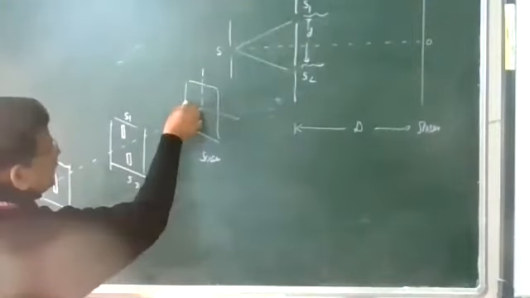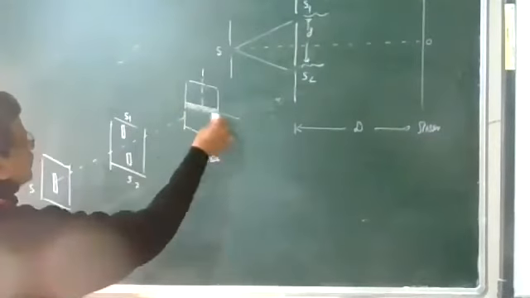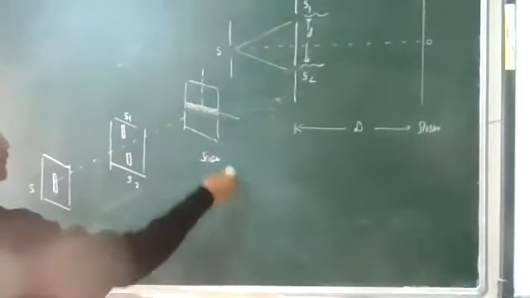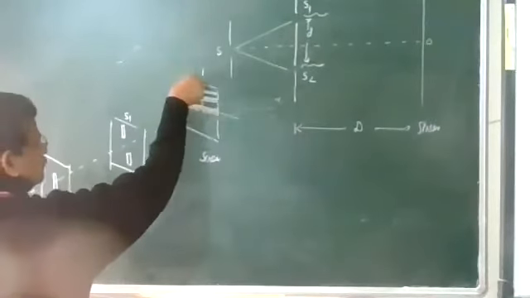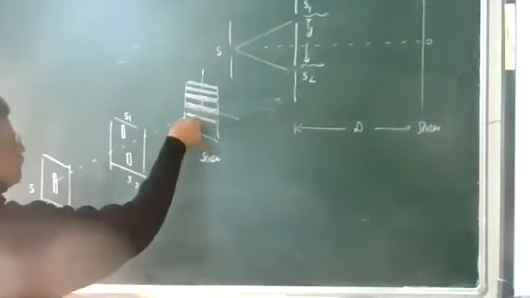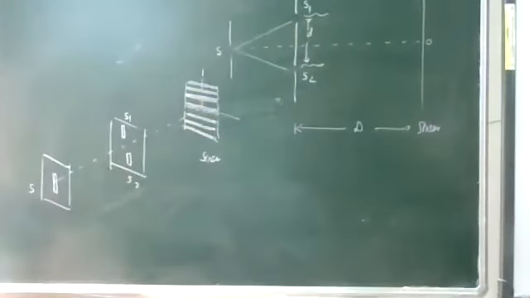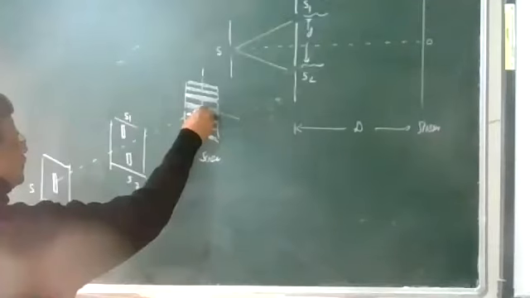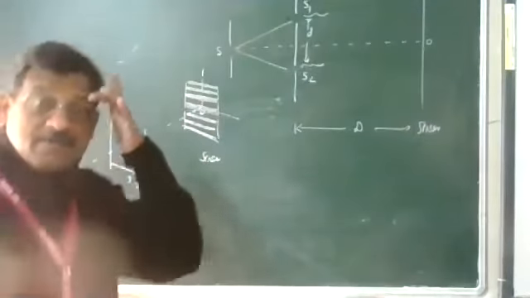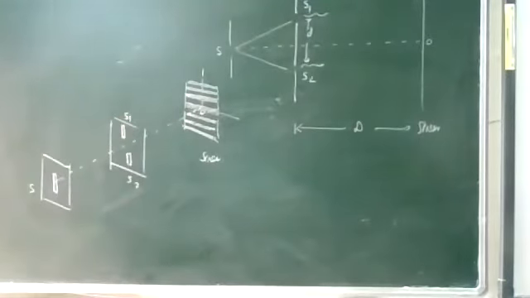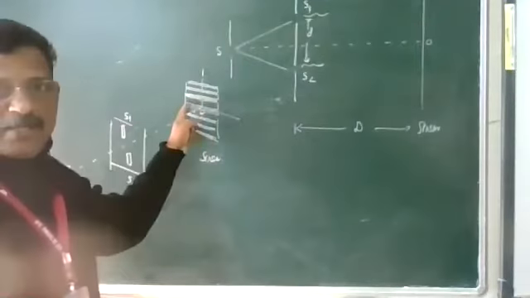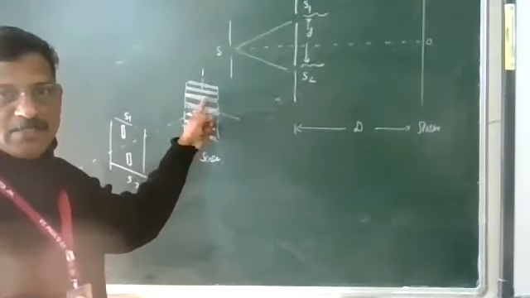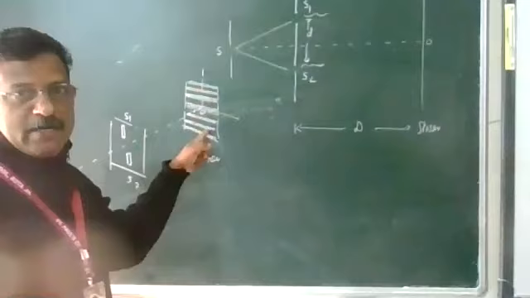And on the screen, we get maximum and minimum regions. This is the center point on the screen, the center of the screen. So this experimental arrangement, I think you can look like this. From here, light is going there, the slits are produced there, and when the light goes onto the screen, we get at the center a maximum, then dark, then maximum, then dark, then maximum, on either side of the center.